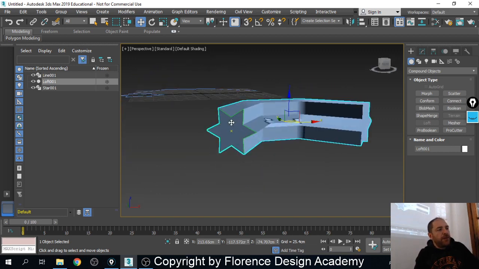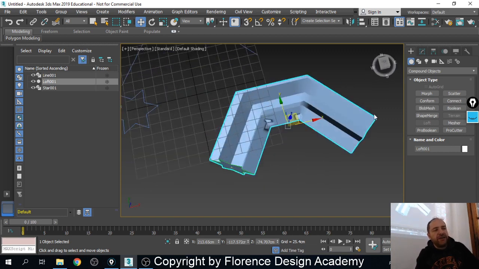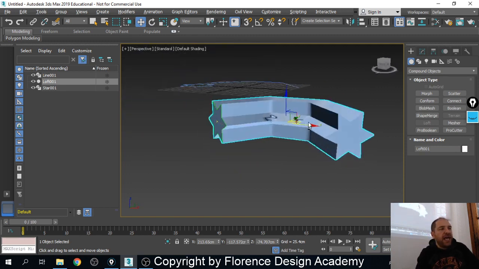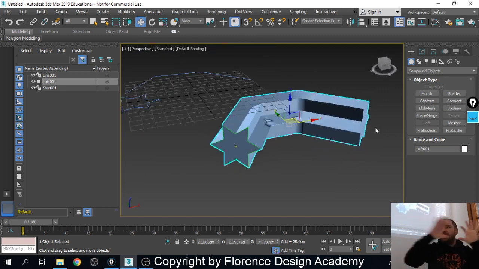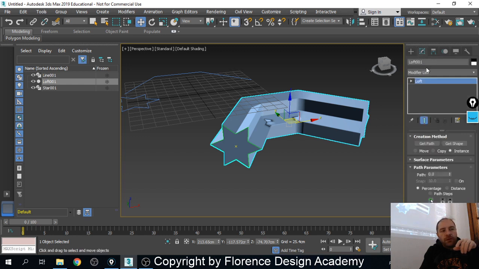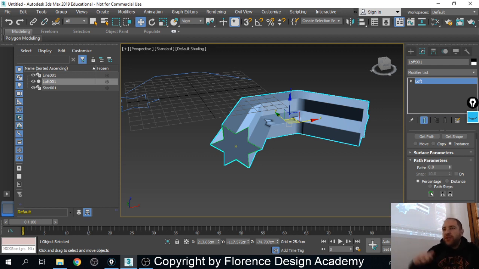Can you see that from the beginning till the end of the path, the star has the exact same size? It is constantly going along the path. Okay? But see this. If I select my loft, so I have to click on the loft object now, and I go to the Modify tab, if you go at the end here of the loft object, can you see a menu that is called Deformations? That is always closed. You open it,